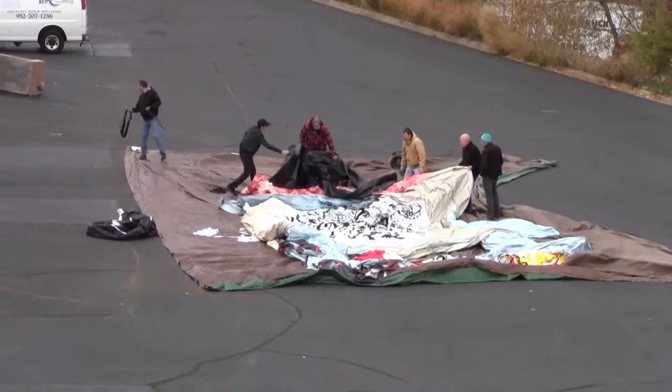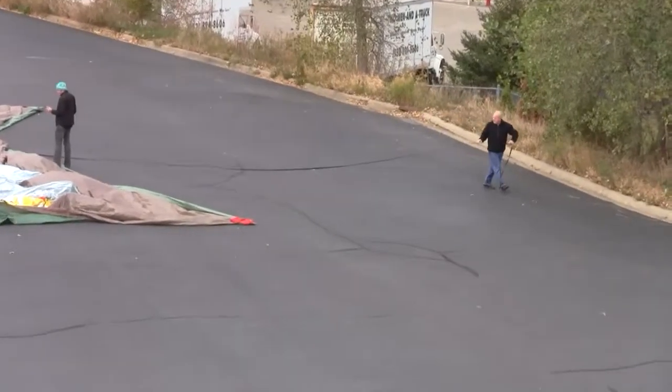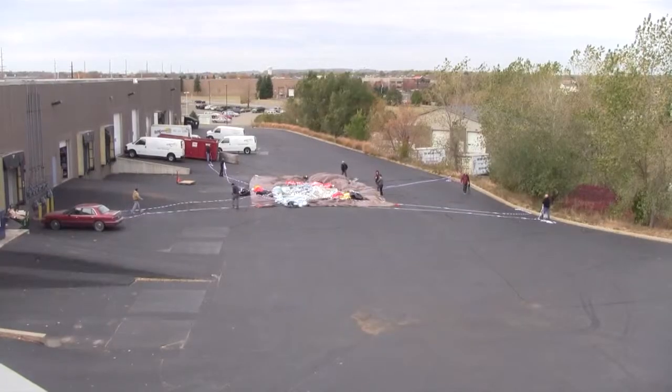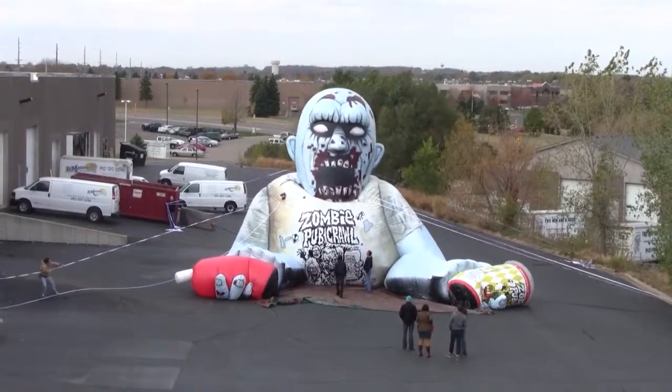Phil the Zombie was a very big inflatable, so large that we had to set it up outside just to get a full vision of what the completed project looked like. We invited the customer out to our shop. We set it up out behind the building where we anchored it, and it was fortunate that we actually did that because it was a very windy day, which gave us a good idea of how the inflatable needed to